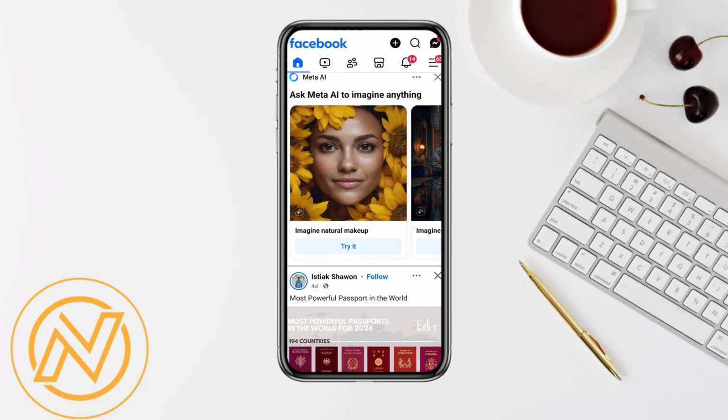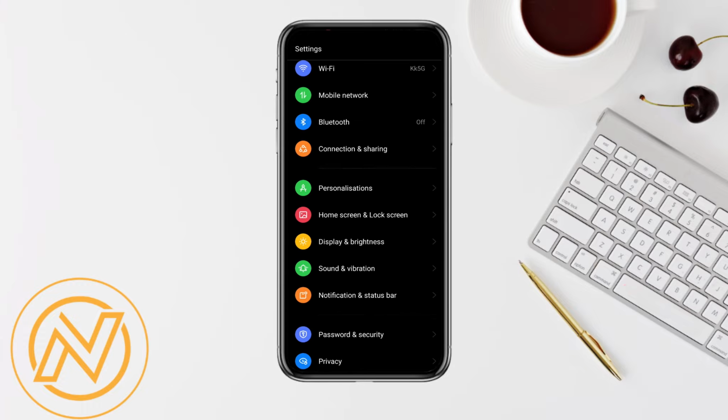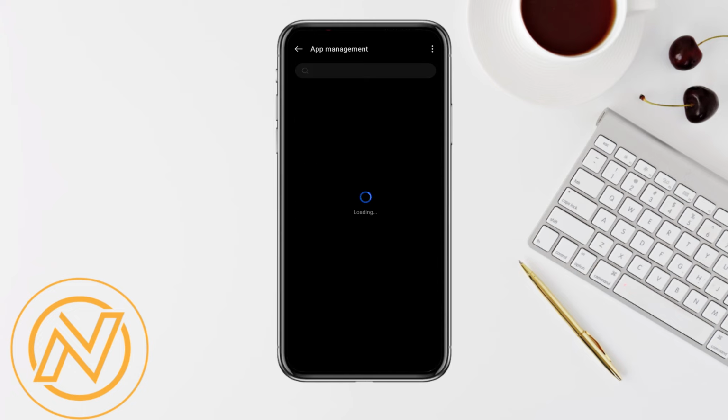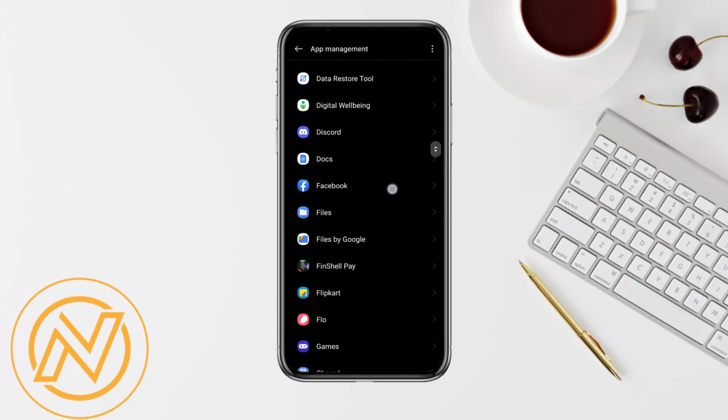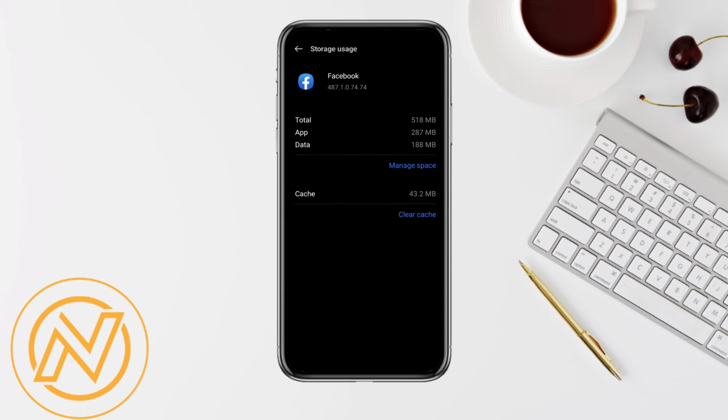is just simply open your mobile settings, scroll down, and click on the app section from the list over here, and go to app management. Now scroll down again and select Facebook, and in order to fix your problem just simply go ahead and click on storage usage, and over here you will be able to see the cache and data that has been